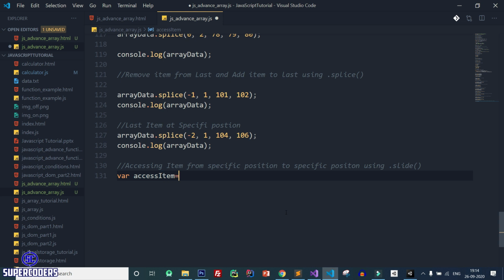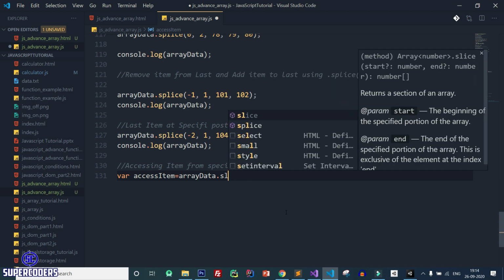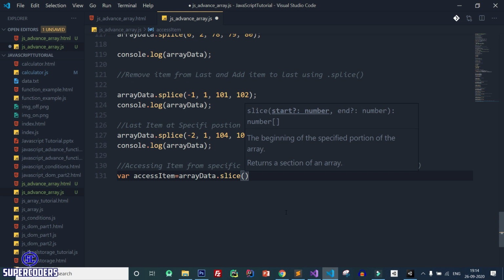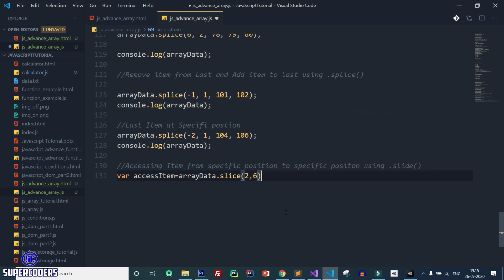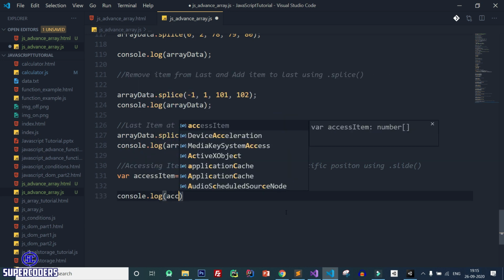Then access item equal to array data dot slice, 2, and I want to access the items till 6. So let's see, console.log access item.